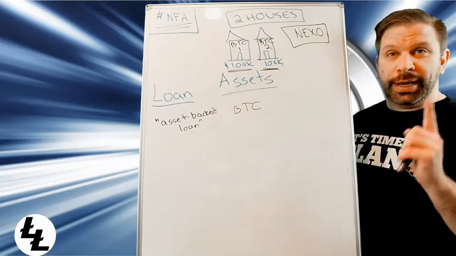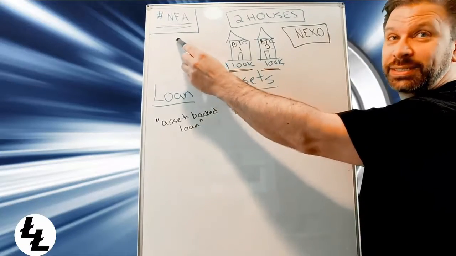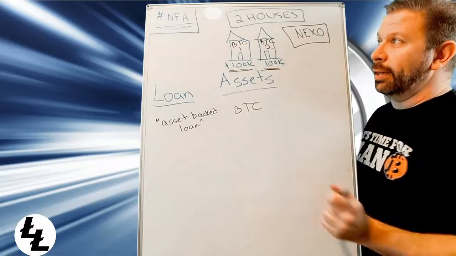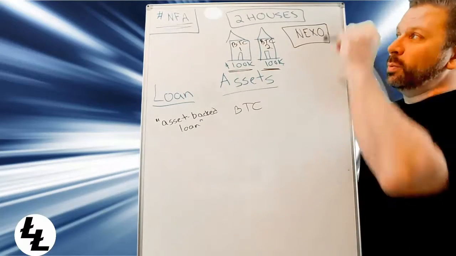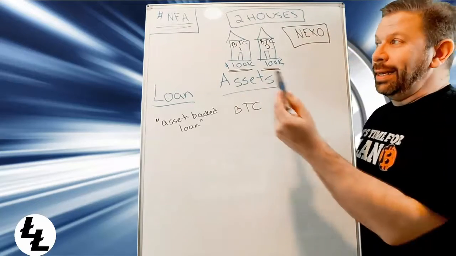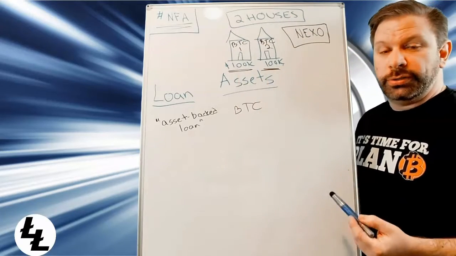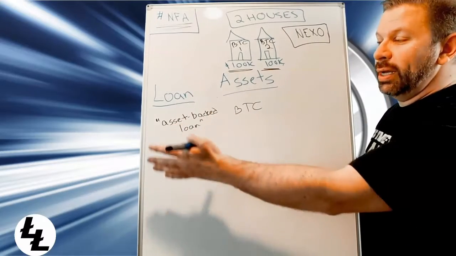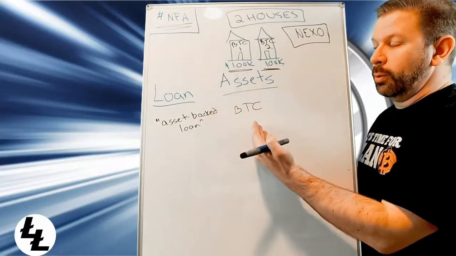The first part that I explained, and none of this is financial advice. Not financial advice. Okay, I'm going to be clear on that. The first one I talked about was using two houses. That's the stuff in blue. And in the second one, I named the houses Bitcoin 1 and Bitcoin 2. And just as a reminder, instead of a mortgage, we get an asset-backed loan using Bitcoin.